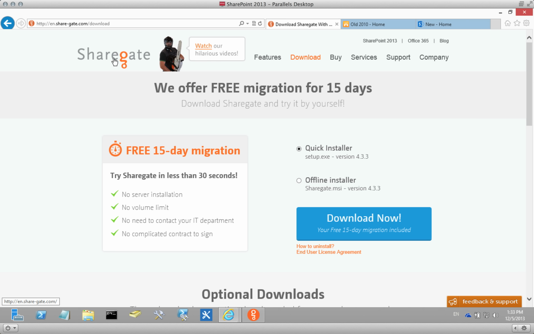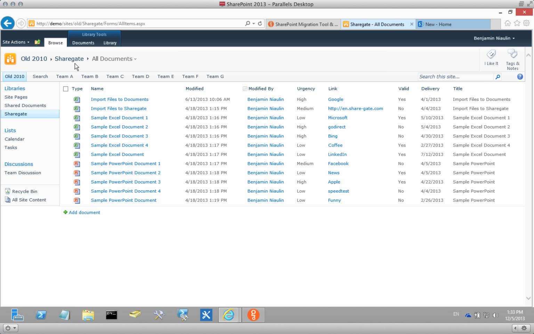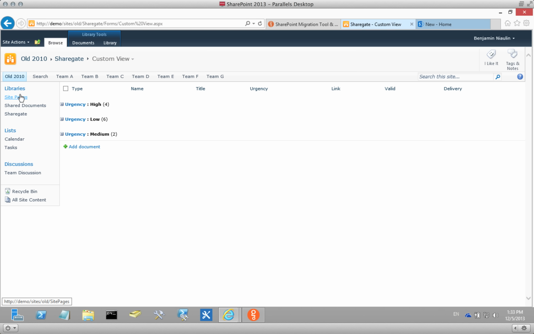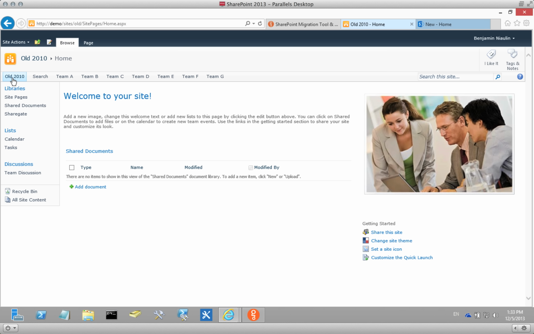What I really want to focus on today is I have this SharePoint 2010 environment. Right, so basic site collection that we're looking at today with some document libraries. Of course, I called it Sharegate, right? And this document library has some columns, urgency, link. Basically, I try to do some kind of simulation of what we're looking at. The document library has some custom views as well, where I did some group by. I have a site pages library with custom web parts on it, content editor, and so on and so on, and I have a bunch of subsites as well. So I tried to do my best to do a simulation of a SharePoint 2010 site collection or intranet environment,